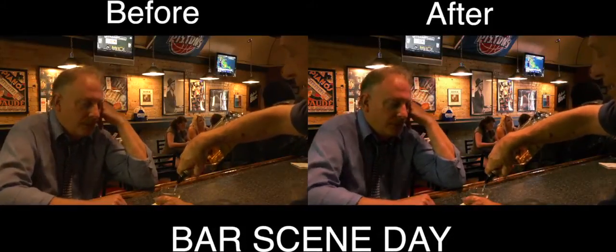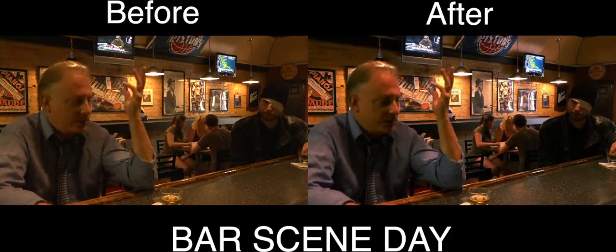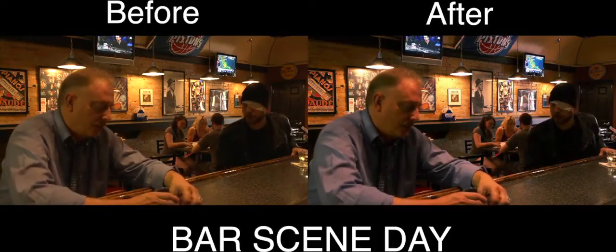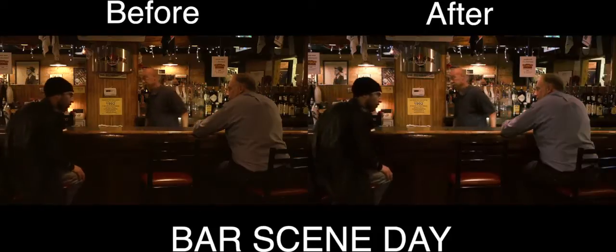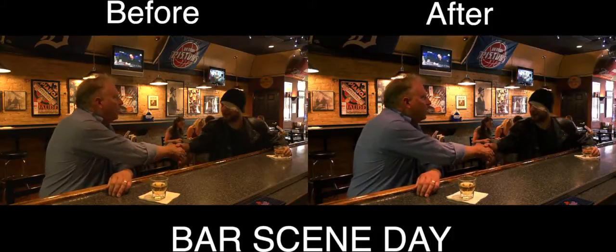In the bar scene day, the brightness level was brought up, giving it more of a feeling that it was daytime outside. Almost 2 p.m.-ish we were going for. Also, the orange tint was taken out, and you can definitely tell just by looking at Jerry's shirt in both